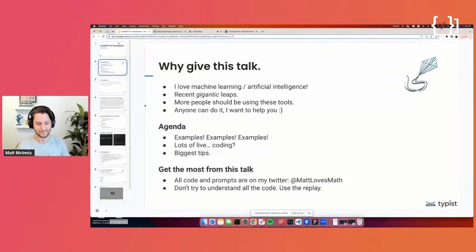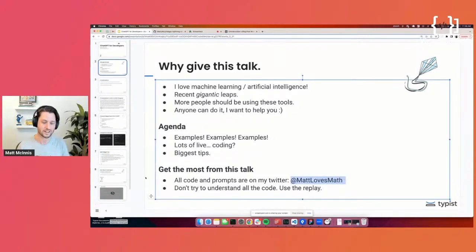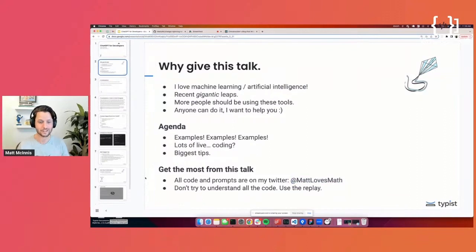And let's do it. So today, I'm going to do some basics about prompting. I'm going to give you lots of examples. So examples like crazy. We're going to be throwing everything into ChatGPT. So it's all going to be live. I'm going to end with some of my biggest tips and examples of what you can do, and everything I'm going to show you is open source. I put it on my Twitter and my GitHub. So here's my Twitter handle just down at the bottom. I'll put it in the chat though after.